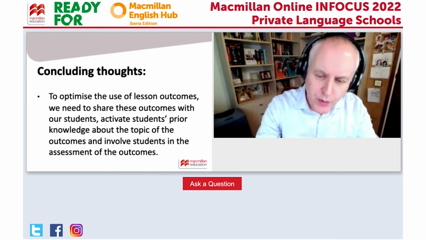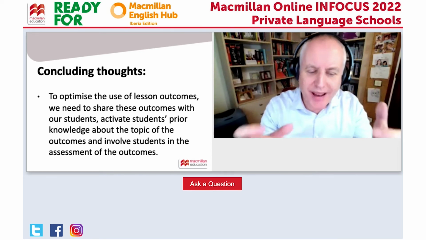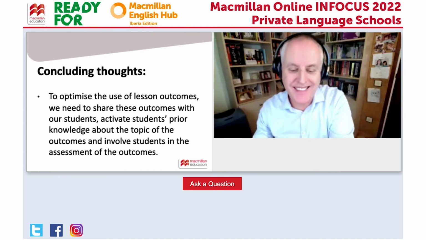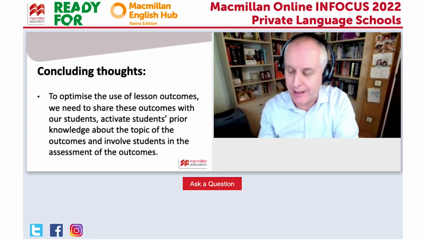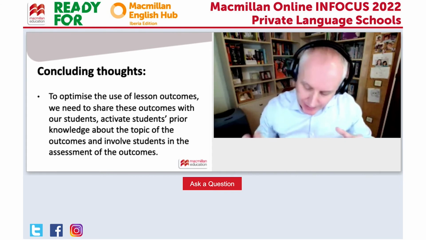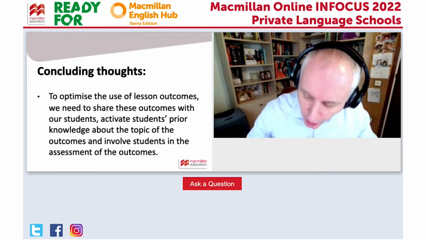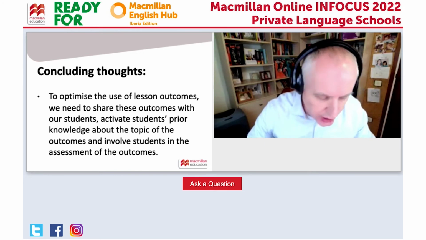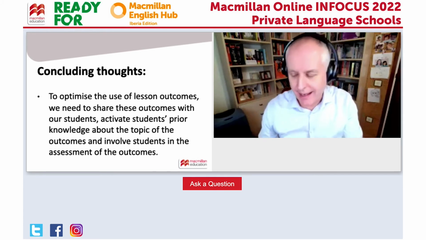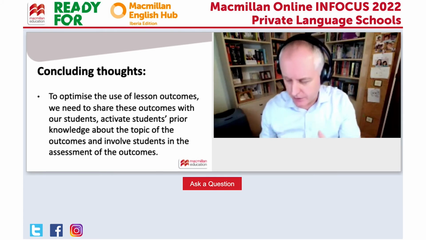And we also need to activate the students' prior knowledge about the topic of the outcomes, and to involve students in the assessment, as we've seen with the use of the review of learning,